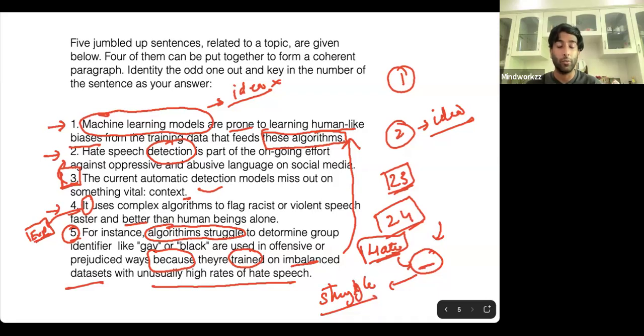So if you talk about women, it could be a group identifier. If you talk about men, it could be a group identifier. If you talk about citizens of India, it is again a group identifier. If you talk about puppies, it's a group identifier. So one word which you use to reference a large number of human beings